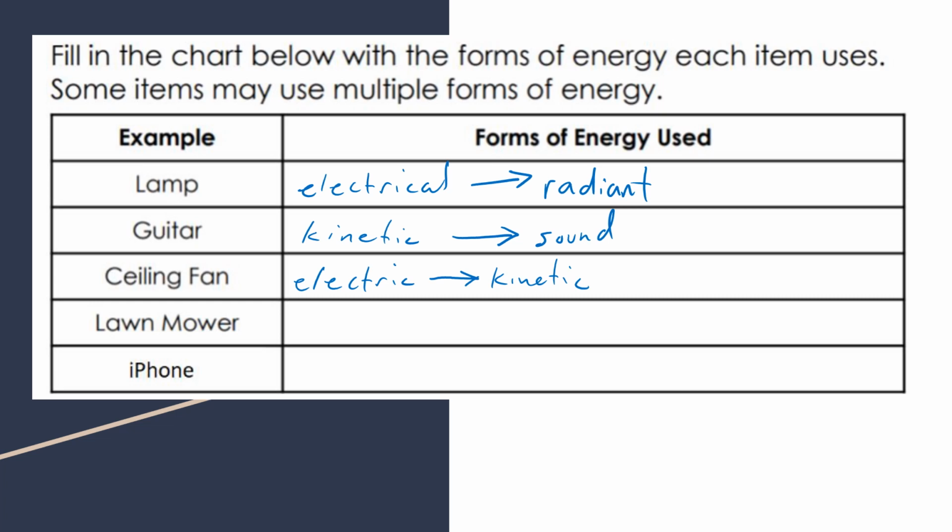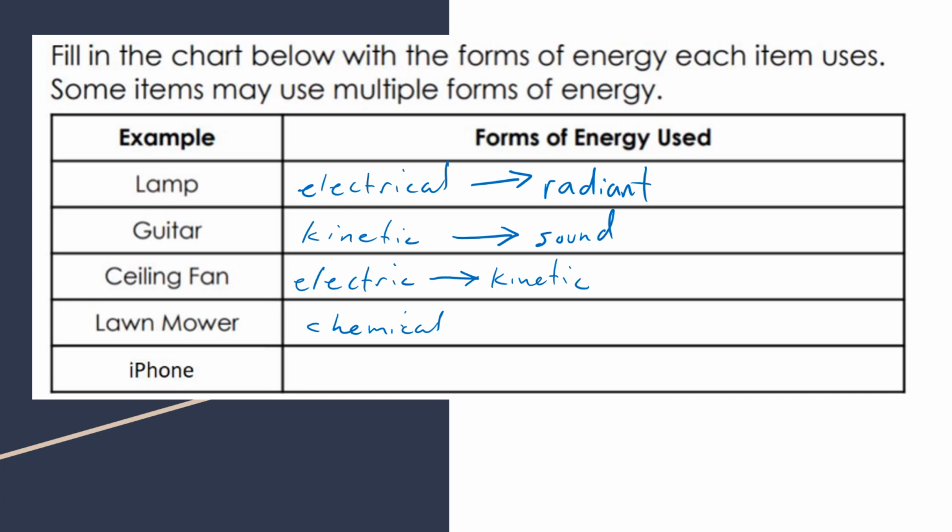Personally, my lawnmower is 100% electric. So for me, mine is going to be just like the ceiling fan. As a matter of fact, it has blades that are just like the ceiling fan blades. Same exact concept. It's just instead of blowing air, it moves on top of the grass. They're almost mechanically exactly alike. But some people have gas mowers, and most people have gas mowers, I think. So that's going to actually be chemical energy